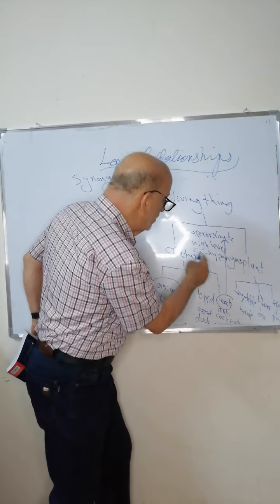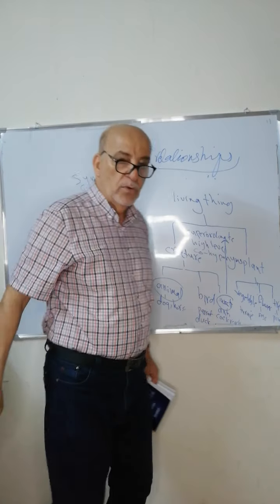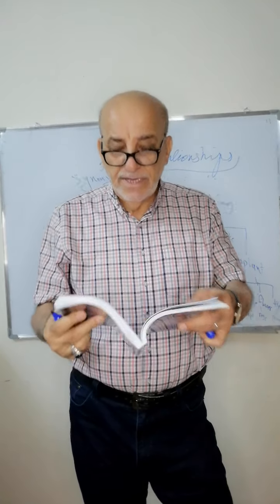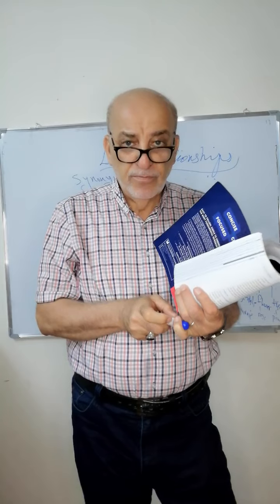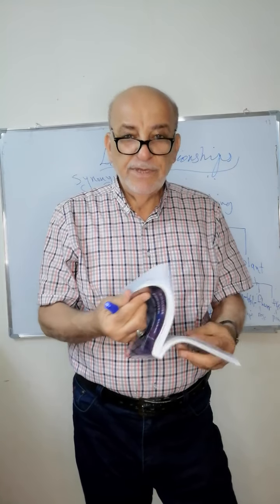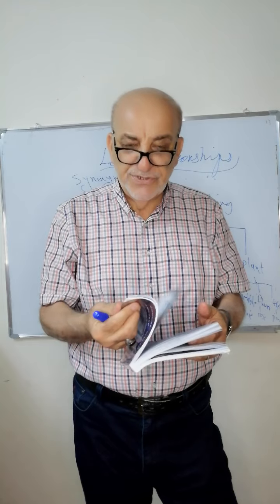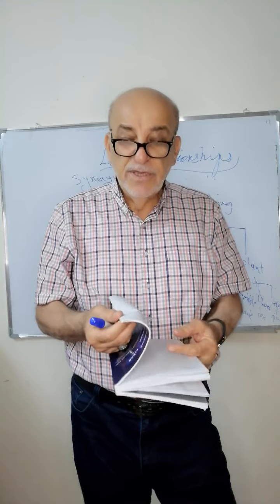Ant and cockroach are also co-hyponyms; their superordinate is insect. This is as far as hyponym goes. So put in your mind, in order to understand the notion of hyponym as a lexical relationship,